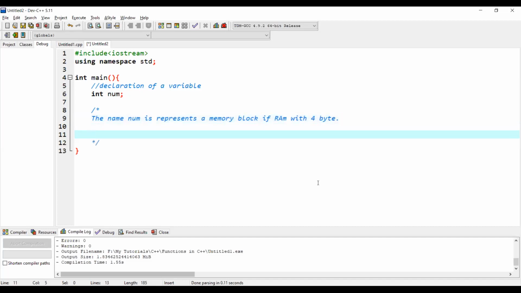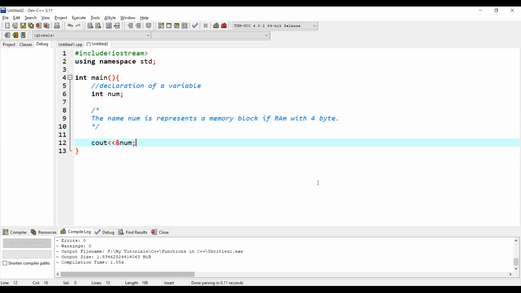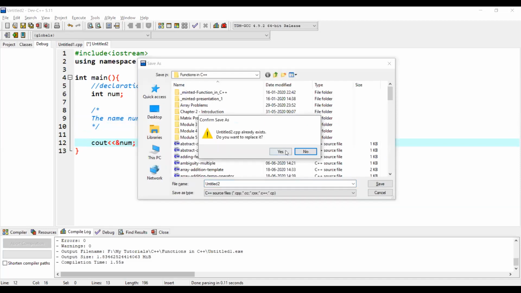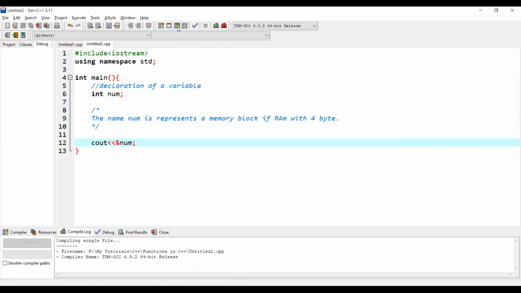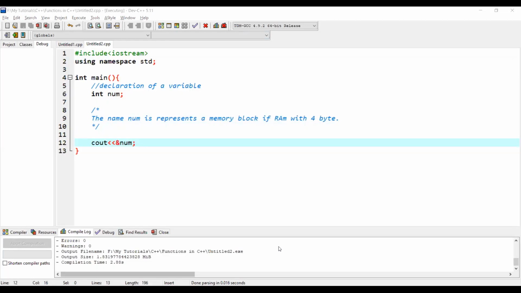Then how to print that address? To do that, we can use cout address of num. Save this, and if we now compile it, okay, and let me share the output window then.